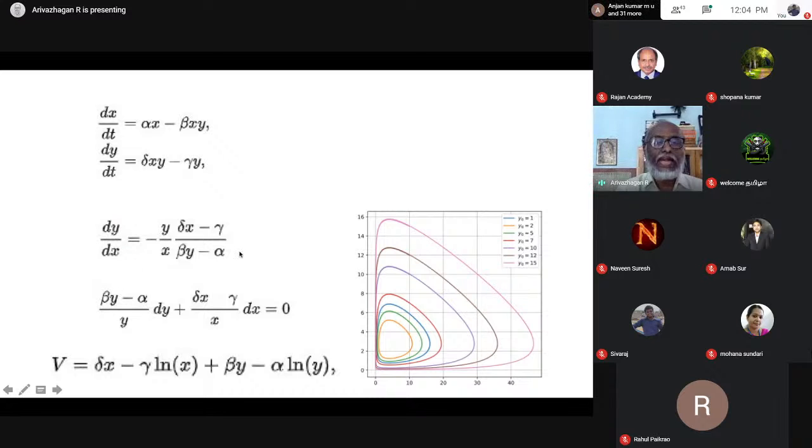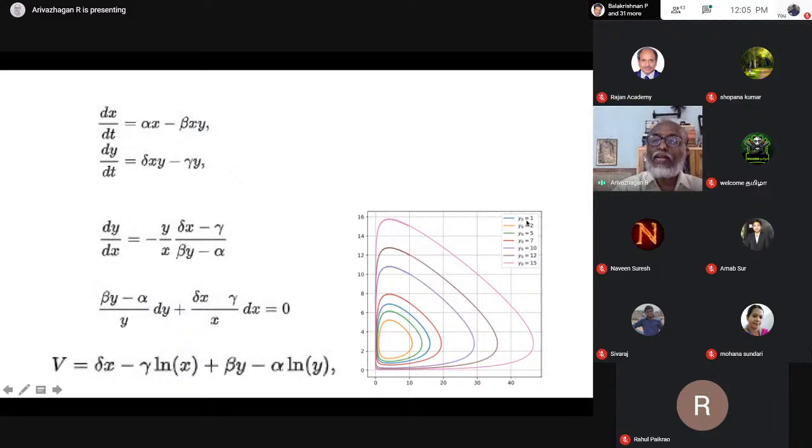Then I can integrate this equation. I can get this a constant plus v is equal to 0. Therefore, v is a constant quantity. So in this equation, I want to find out the solution of this equation. So we can use some suitable boundary conditions. Then I can get the solution of the curve is like that.